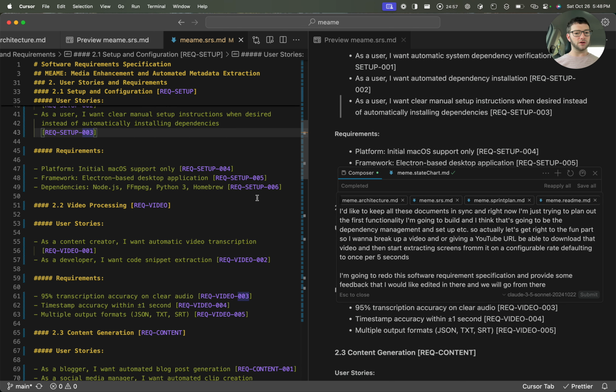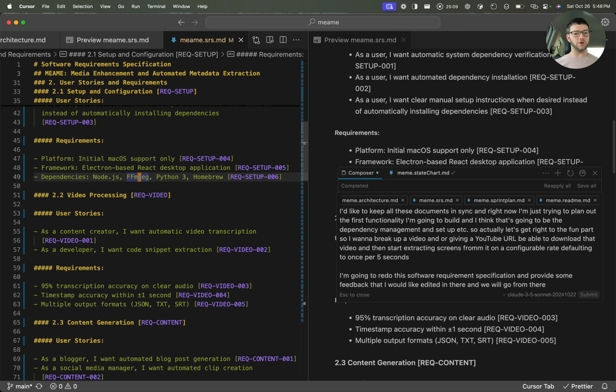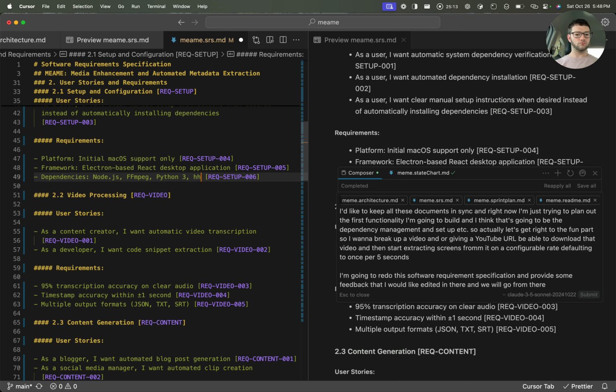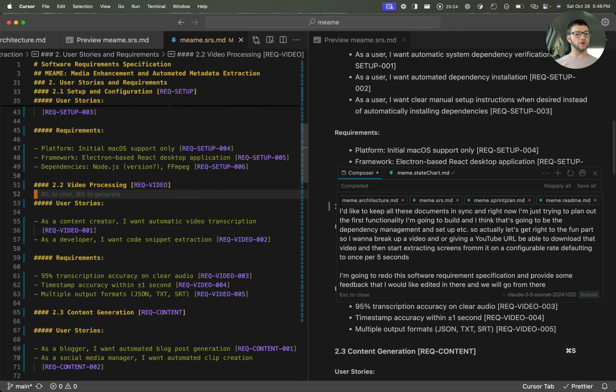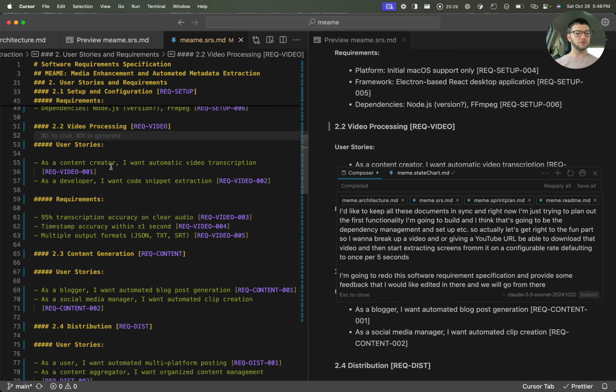Requirements platform: initial Mac OS support. Initial Mac OS framework, Electron-based React desktop. Node.js, FFmpeg, Python 3. As a content creator, I want automatic video transcription. As a developer, I want code snippet